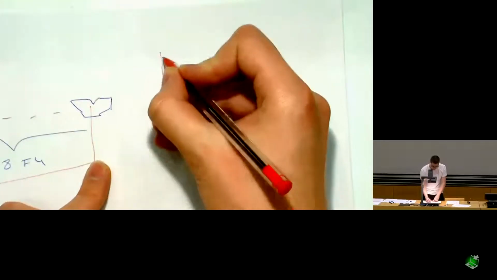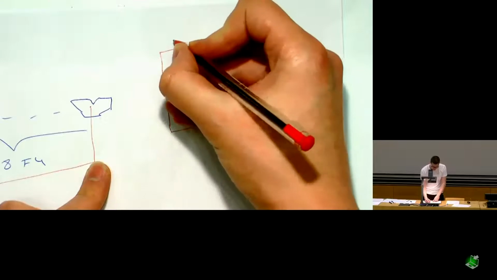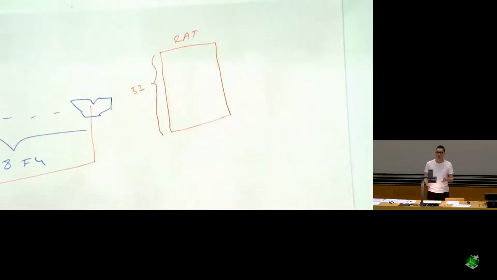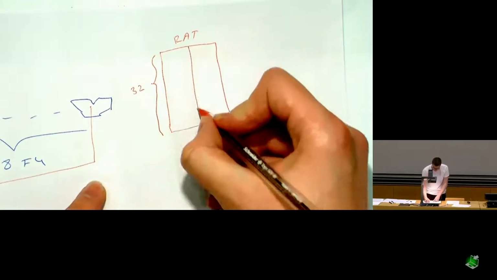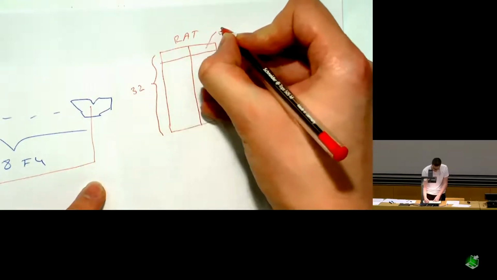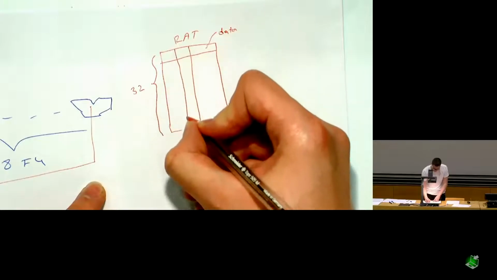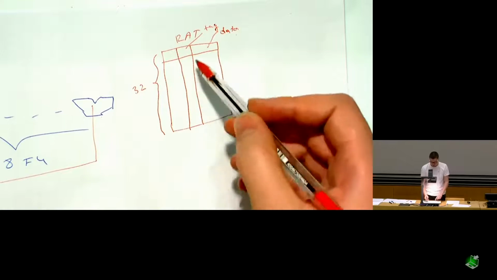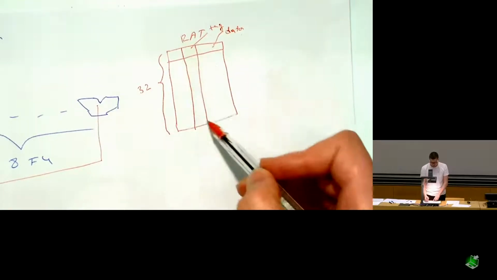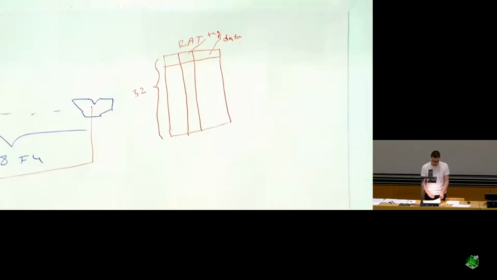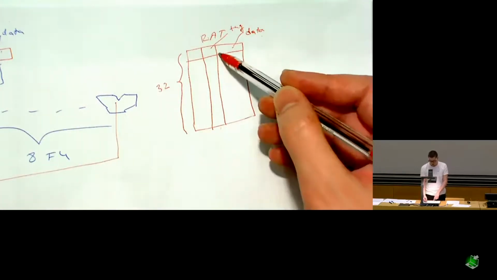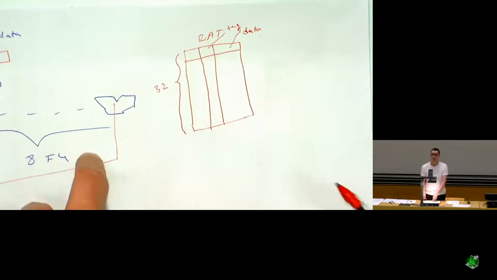But if I draw this, the register alias table will have 32 entries, because we have 32 architectural registers, right? And then it will have a data field for each entry. It will have some tag field, right? And it will also have some valid bits. Okay, so basically, we also have some comparators here, right? So 1 comparator for each tag. And then it will again be multiplied by the number of functional units, because in a single cycle, we will need to compare those tags against each of the results coming out from the